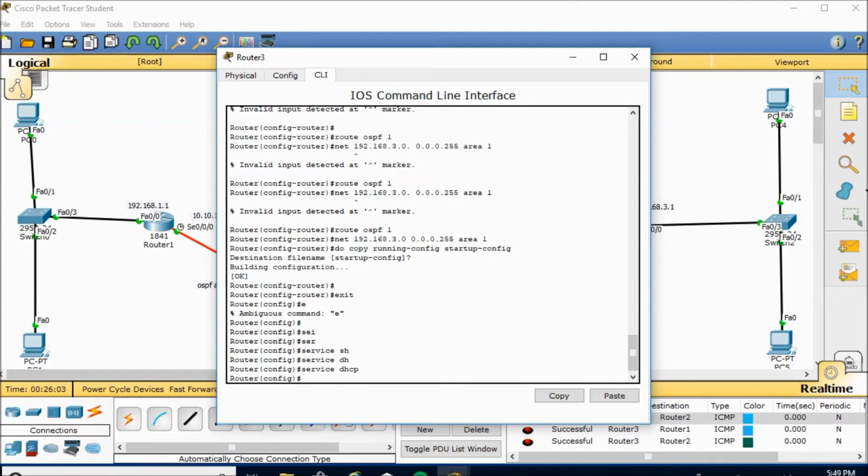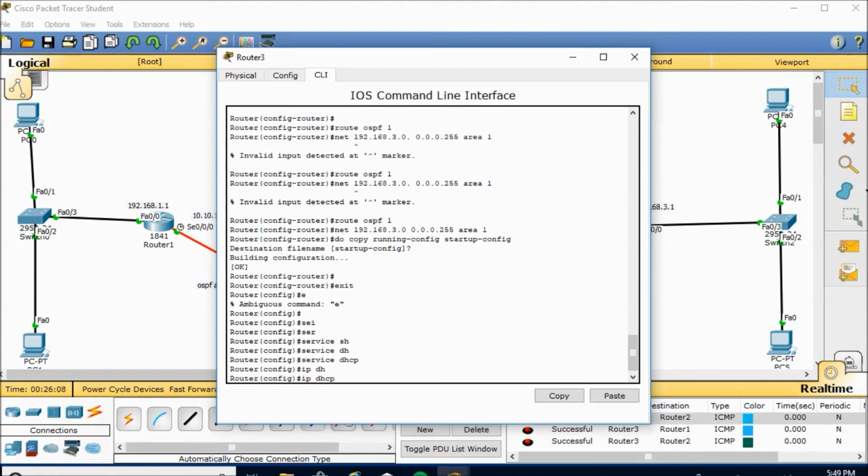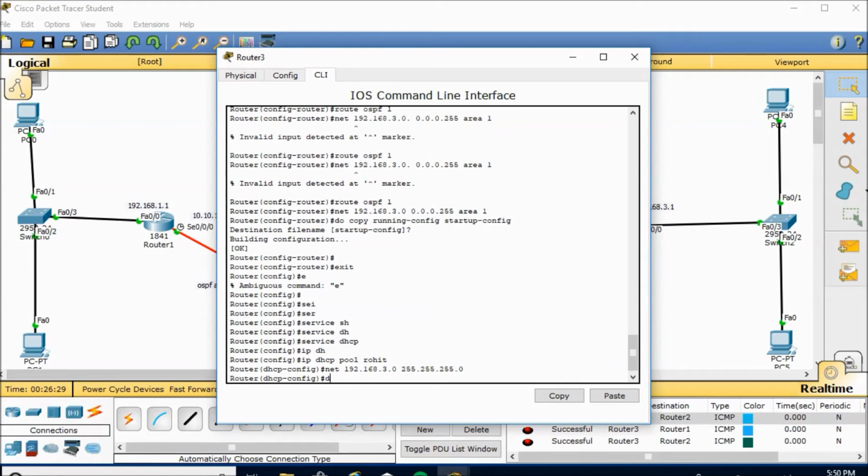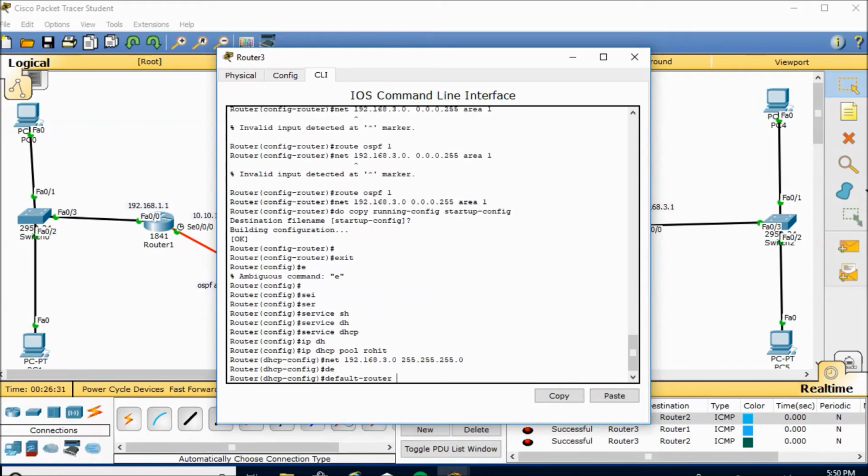IP DHCP pool name, and now the same thing. The network is 192.168.3.0, sorry, 3.0, and then the subnet mask is 255.255.255.0, this one, and then the default router is 192.168.3.1,